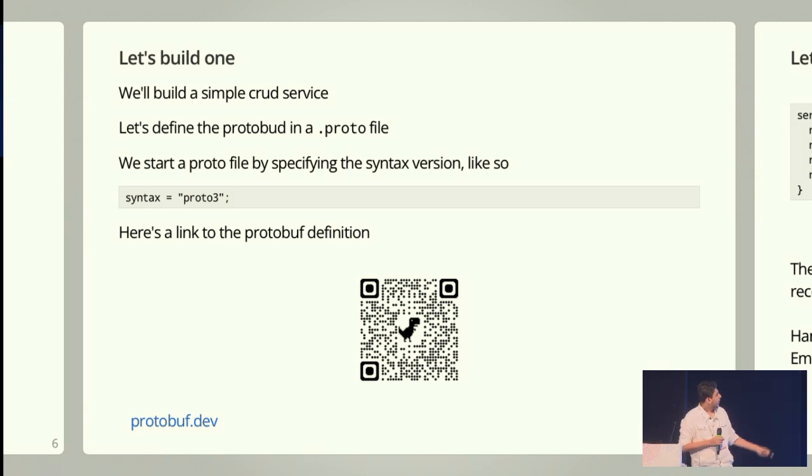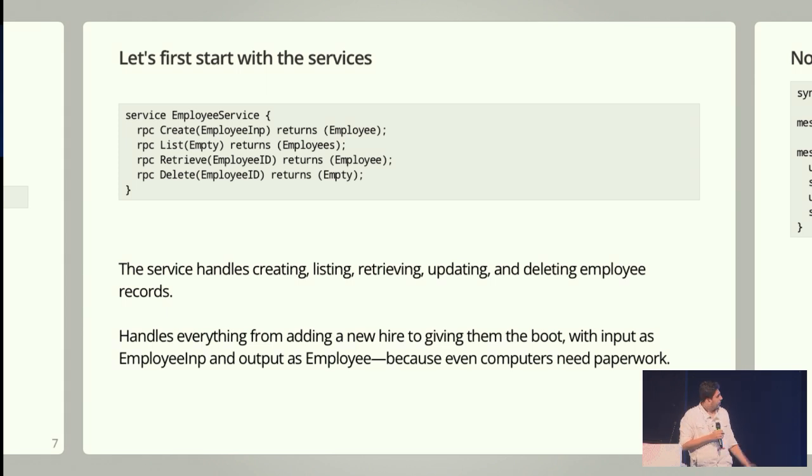Cool, so we start a protobuf file like this by writing syntax equal to proto3. Here's the documentation QR code. And okay, so let's take an employee CRUD service. So you have create, list, retrieve, delete services. So you define it like this: service employee, and then there are 4 RPCs in that. Each one of them takes an input message and an output message. If you see, create and list are taking different inputs. List doesn't need anything in an input unless you're filtering, of course. So it takes an empty message as an input, and it returns employees, right? Retrieve and create return employee. So these are different messages. We'll look at them in detail in the next slide.